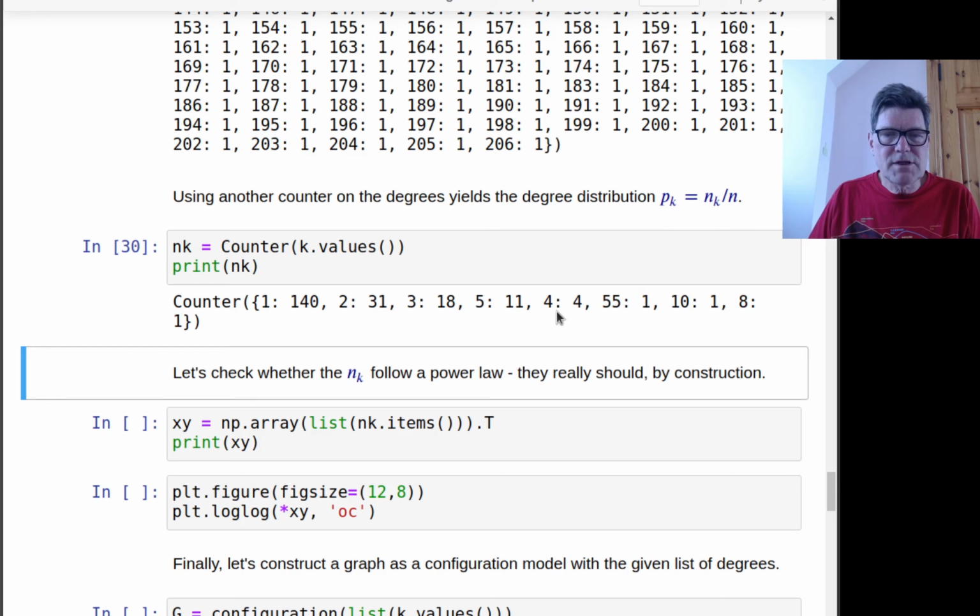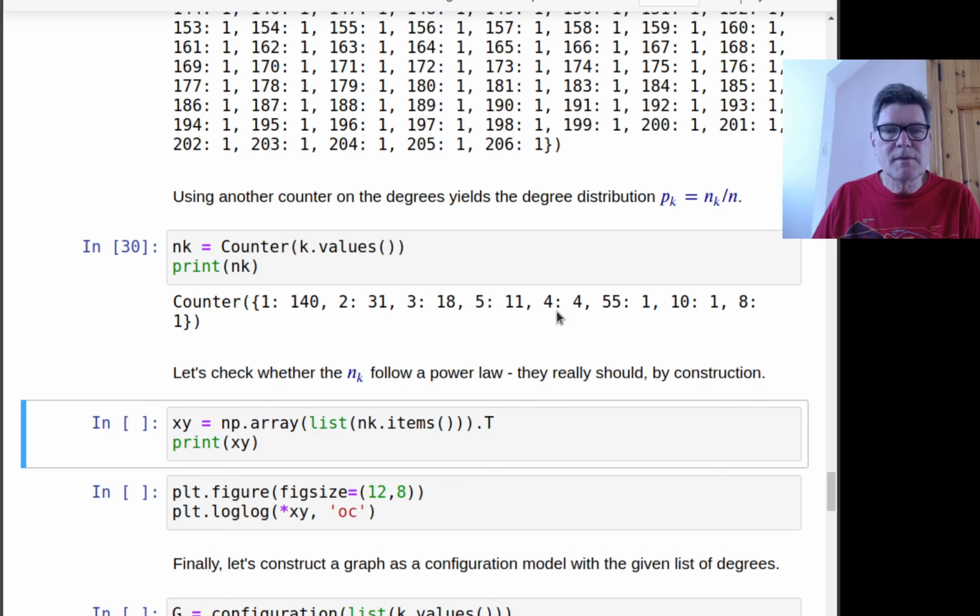Let's check graphically whether these numbers do represent a power law. They really should by construction, and that's the algorithm from last time, which we used to produce such a power law distribution. So I follow similar steps as before. I take these counters, I take the values and I take the full list. I take the degrees k, which are the keys here, together with their values